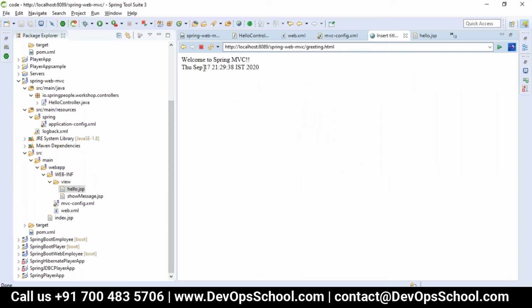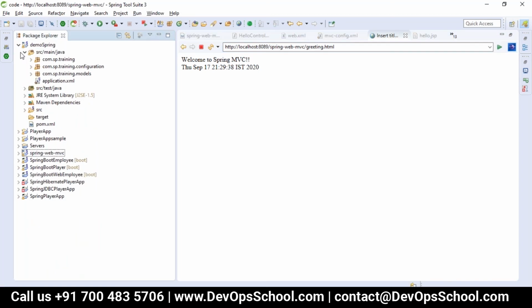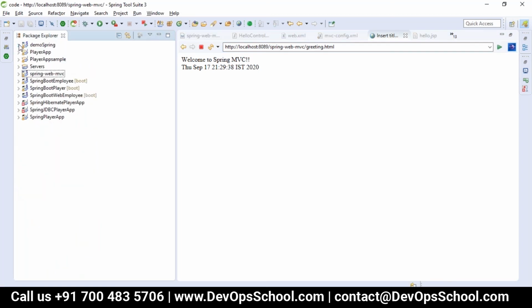Now if I want to go with a Spring MVC application, yes, this is the way which we have done. But if I want to go with Spring Boot, then what are the other things we can take care of? That is, the configurations can be reduced.